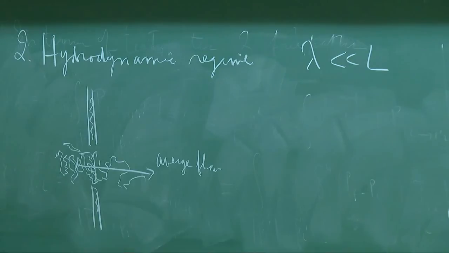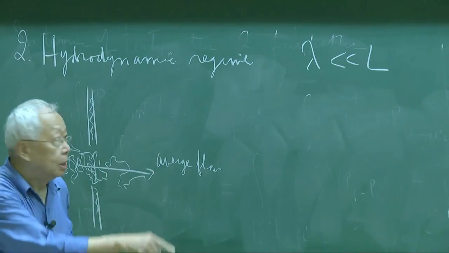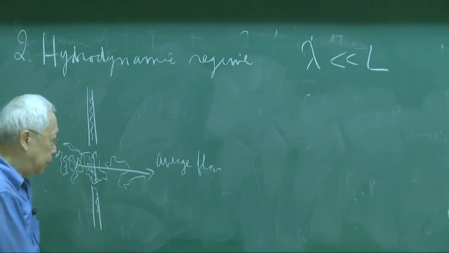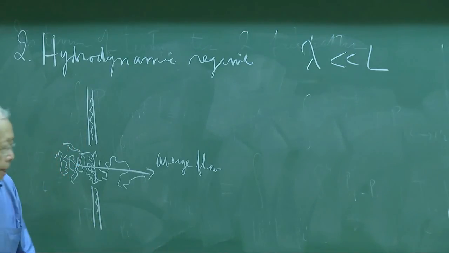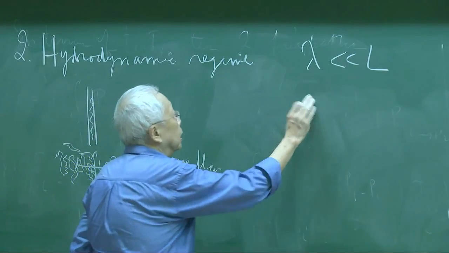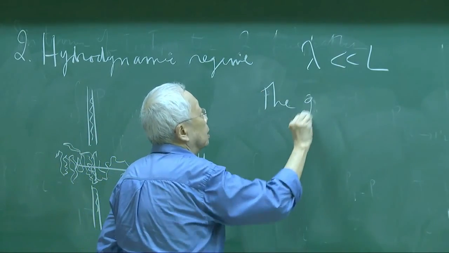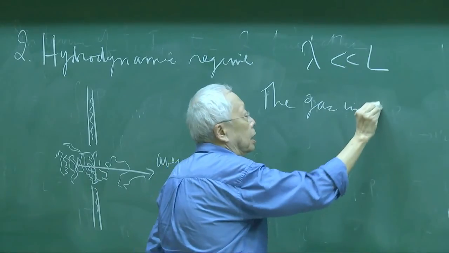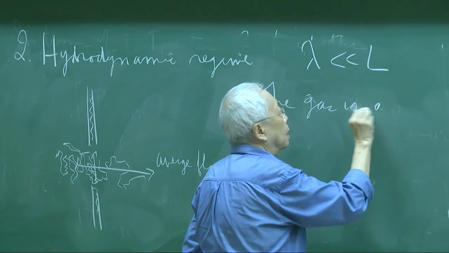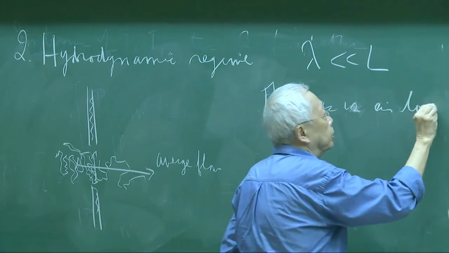We can calculate that because we have Boltzmann's equation. And therefore, the next topic is to derive hydrodynamics from Boltzmann's equation. In between will be very hard. In between, you'll have to solve Boltzmann's equation. Now, that's very simple, right? This is also very simple in principle. In principle, we just assume that the gas is in local equilibrium.